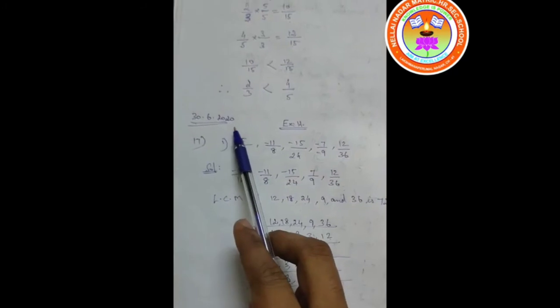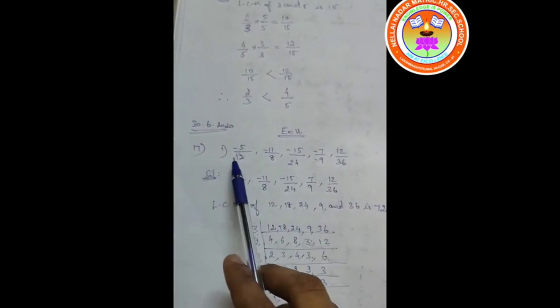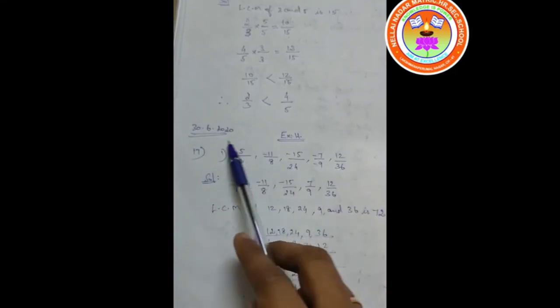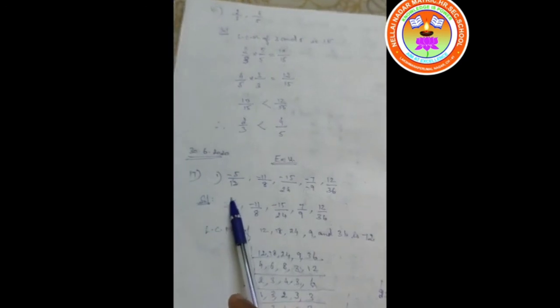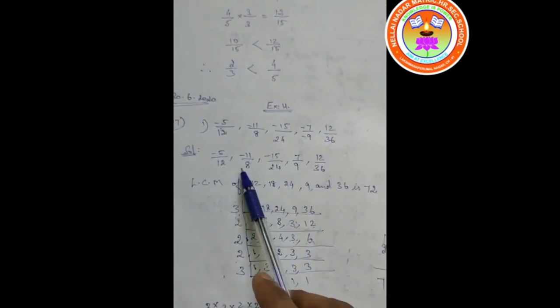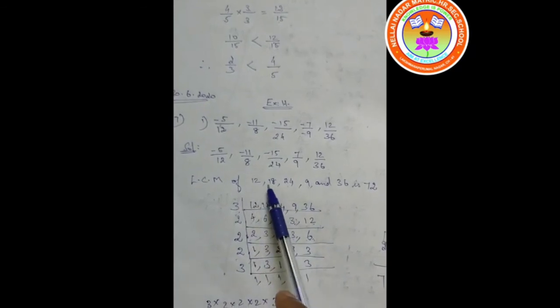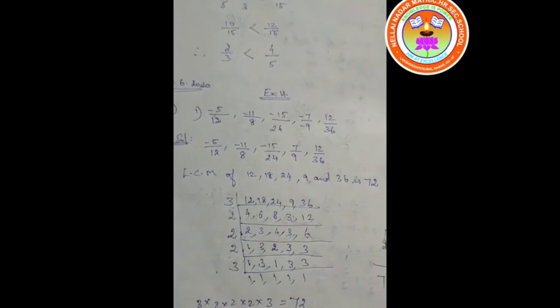One more thing, I want to apologize to you all. On 30th 6 2020, exercise 1.1, 17th sum first subdivision, you have to write this in the ascending order and the descending order. You might have remembered this. Here the denominator 8 is given, but while copying from here to here I wrote 18, and that's why the LCM is different. So today you change it into 8 and we'll see how the sum will change.